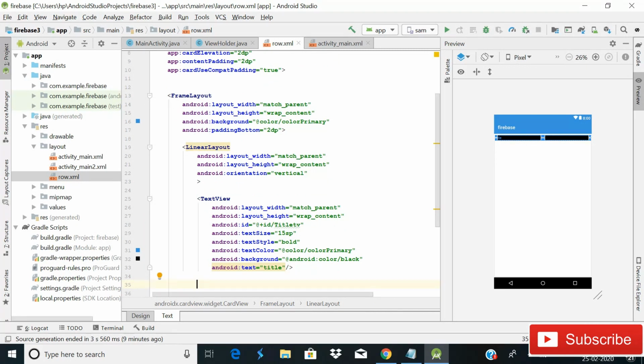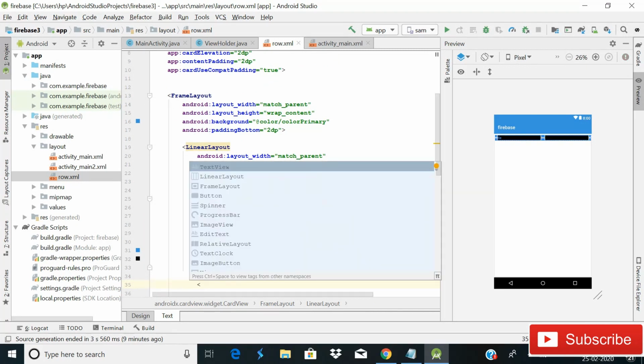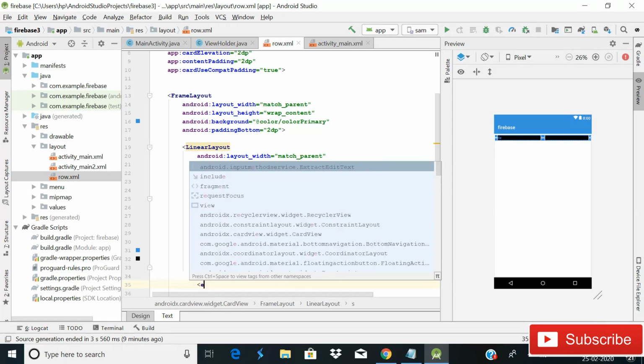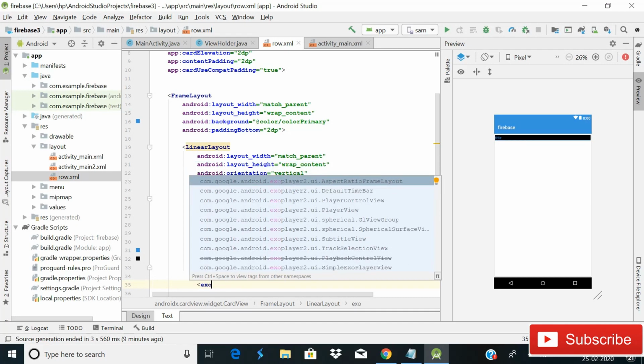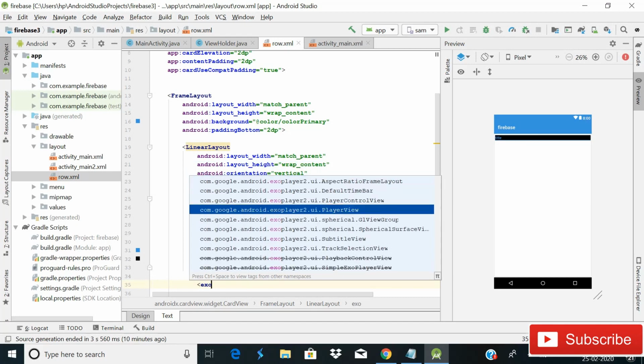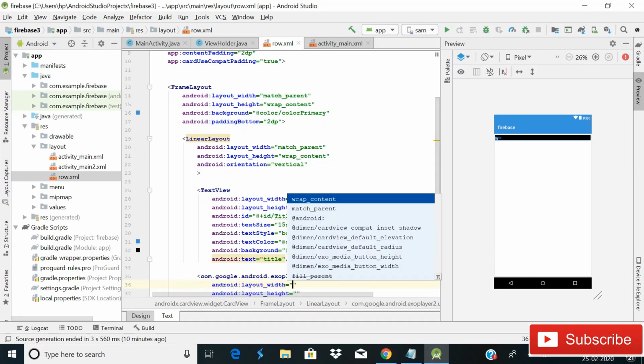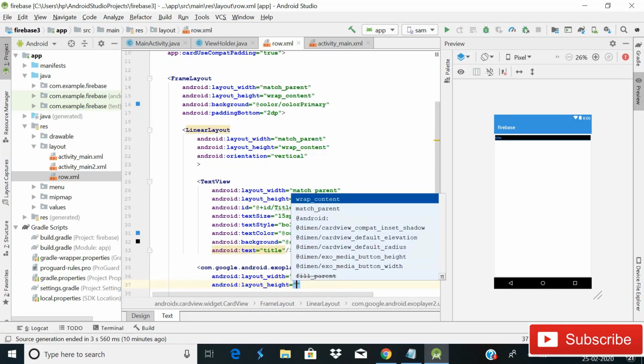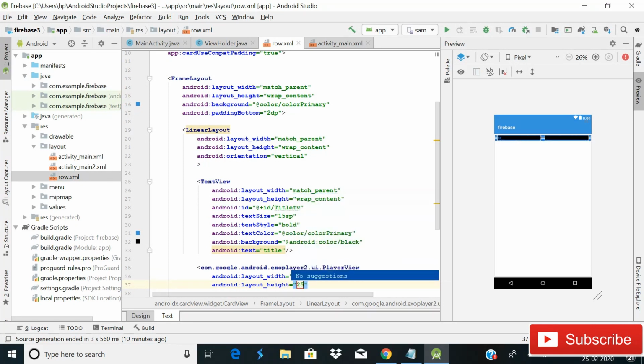After this, we will use ExoPlayer, which we have added in our Gradle. Simply write ExoPlayer PlayerView. Then after this, with width match parent, height we will give it 250dp.